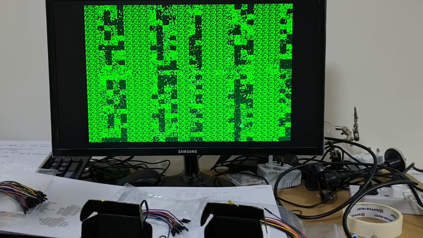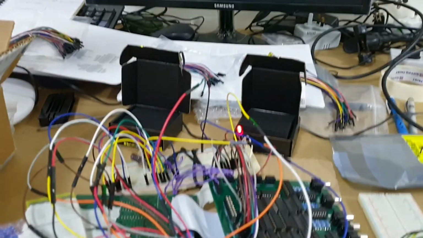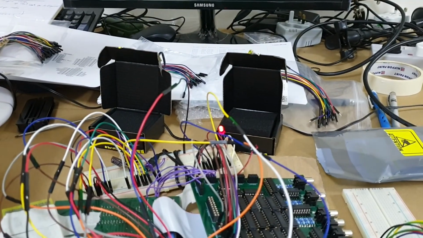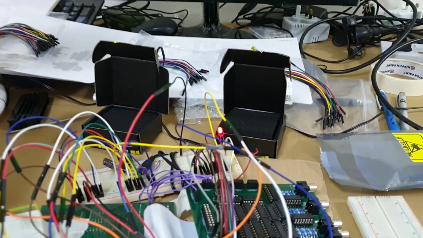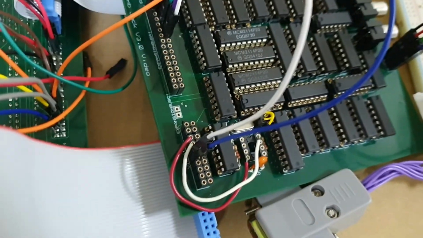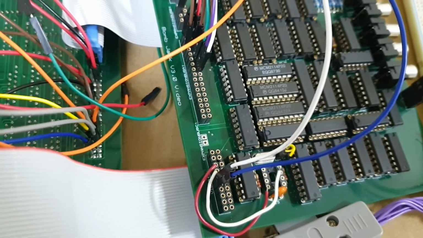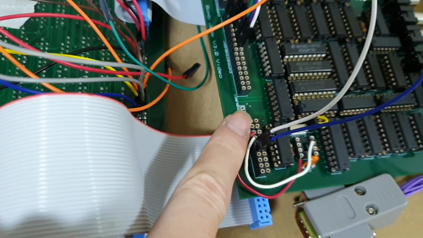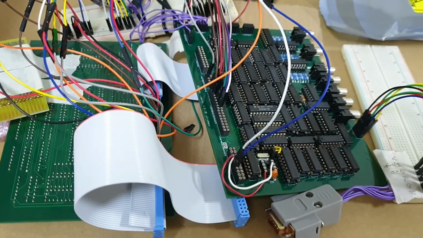Now, I may, if I have time, if there's enough free space on the breadboard for that complexity, allow the Commodore 64 to read the VSync. So this board here, via this header here, the video 1 header down here, generates a nice VSync and also HSync signal, but the VSync on low. So that will enable me to then synchronize the graphics updates from the Commodore 64 and hopefully give